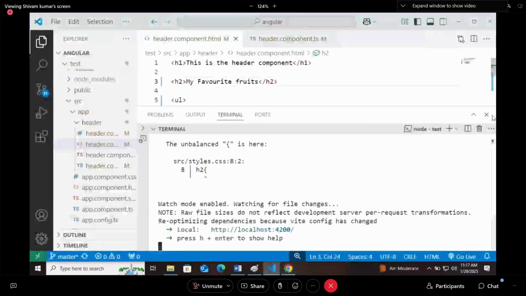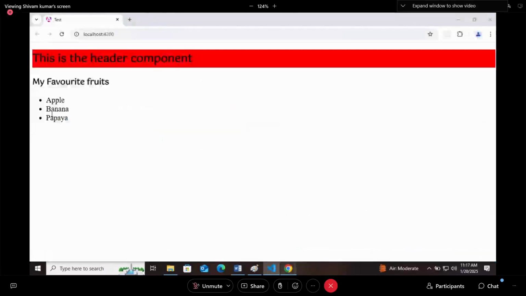So we have not done anything new. It is just a heading that we are displaying along with some list items. So yes, we are getting these, right? My favorite fruits and the list, we are getting.